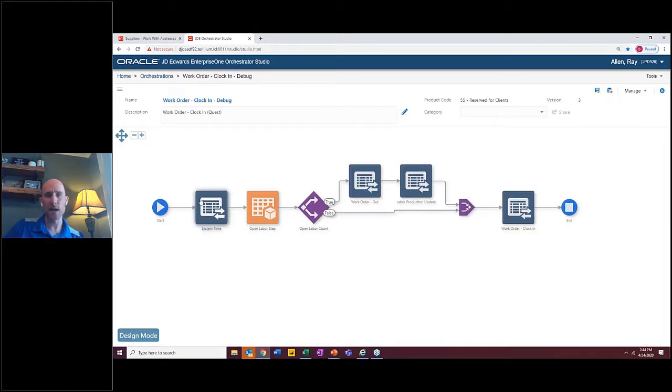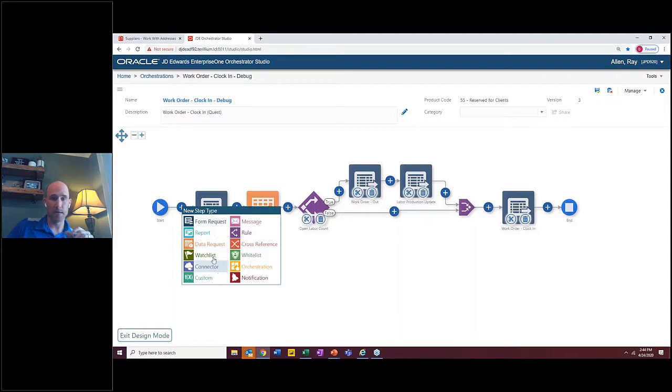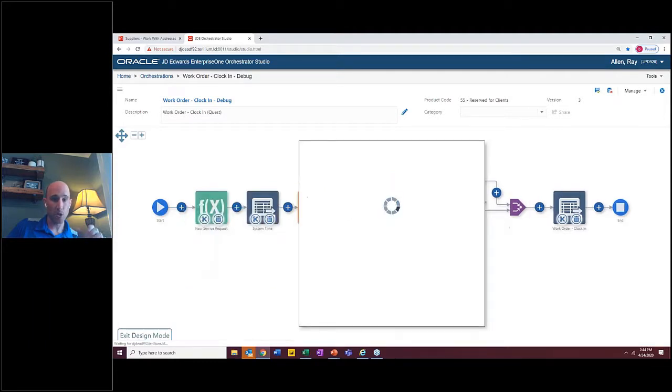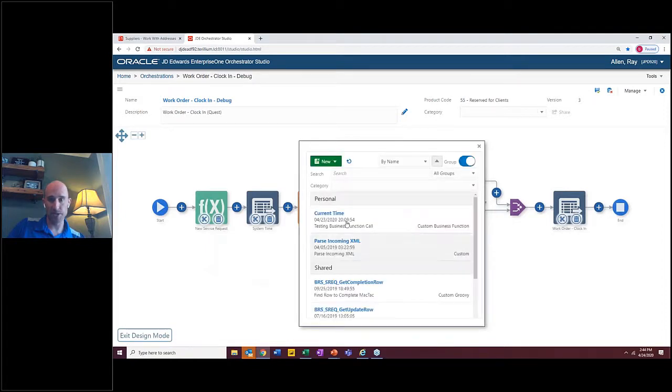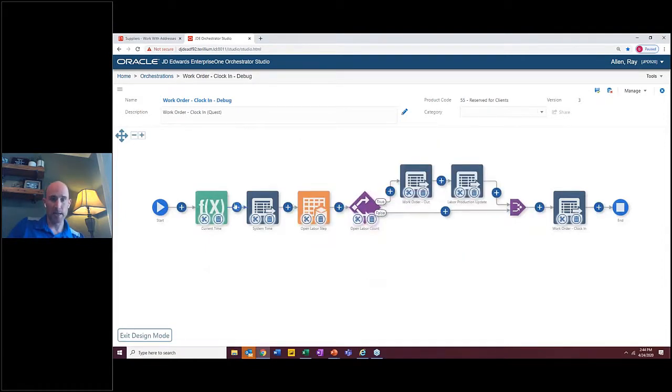And let's say I want to go ahead and manipulate this orchestration. You'll see down here, there's this button called Design Mode. If I click on it, which is really cool, right? I can add, move, delete orchestration components in this visual view, right? I don't have to go all over the place. I can add them wherever I want. So I have a custom current time business function. So you can see here, and I'll jump into it in a second, a business function that I call directly that gives me the current time, right? So I don't have to use that 55 app anymore. I can just call the business function. So I can get rid of this,